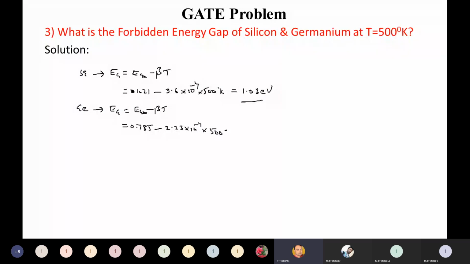This is a very important question. It has been asked in one of the GATE exams. At 500 degrees Kelvin, germanium is equal to how much? 0.67 electron volts. Very good. It is equal to 0.67 electron volts. So this is a very important problem. Previously it has been asked in one of the GATE exams, right? T is equal to 500 degrees Kelvin, right? So likewise you need to calculate and solve each and every problem whatever is given there, right?